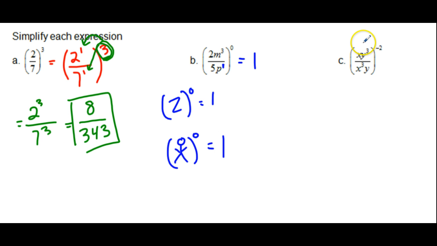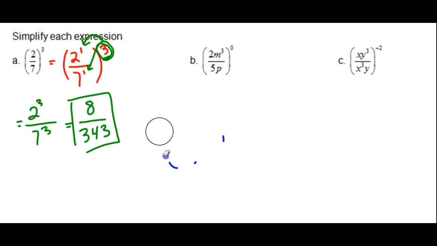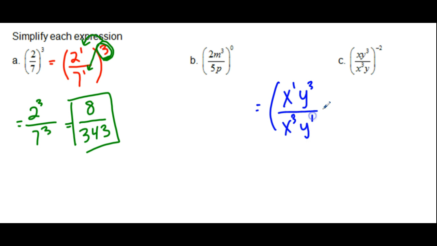The third example, we have xy to the third divided by x to the third times y, all raised to the negative 2. So let me erase this so I have a little bit more room. We have x raised to the first, right? Again, if they don't write that exponent, it's still there. y to the third, x to the third, y to the first, all raised to the negative 2. We're going to take this negative 2, distribute it to every single exponent, all right? So this is going to become x to the negative 2,